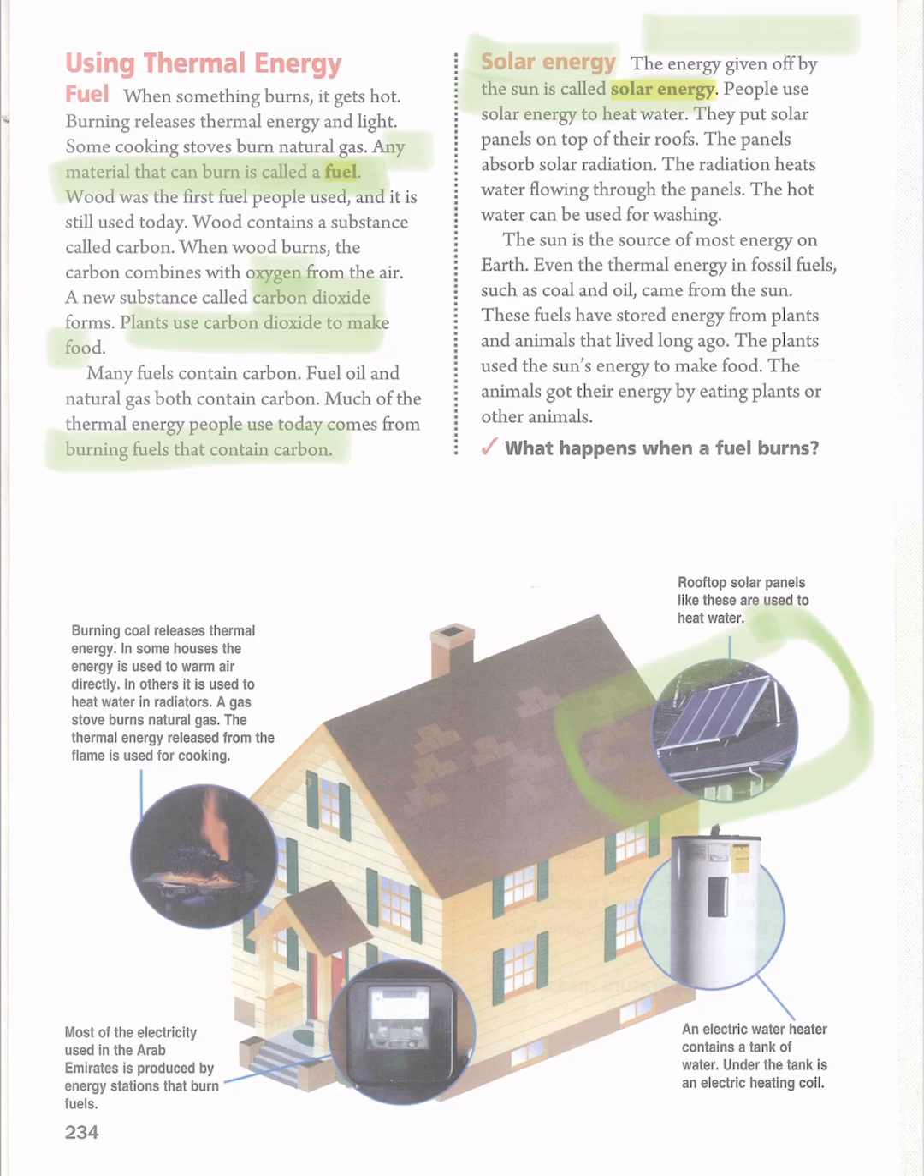And here we have an electric water heater. It contains a tank of water. Under the tank is an electric heating coil that heats the water. And the sun is the source of most of the energy on Earth. Because of what? Even the thermal energy from fossil fuels such as coal and oil comes from the sun. It means the thermal energy from fossil fuels comes from solar energy, because